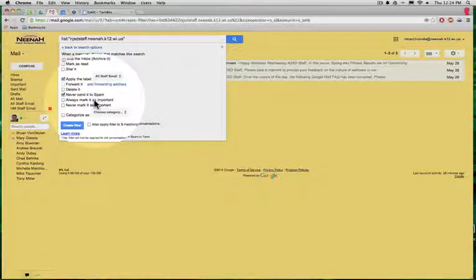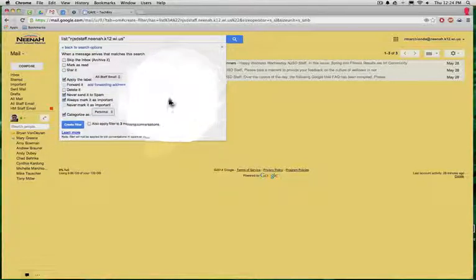And let's mark it as important. And I'm going to categorize it as personal, because I do not want it to go into some of my other categories. I can also click this box that says apply this filter to 3 matching conversations, so it's going to go back in my history and apply it. So now I'm going to create filter,